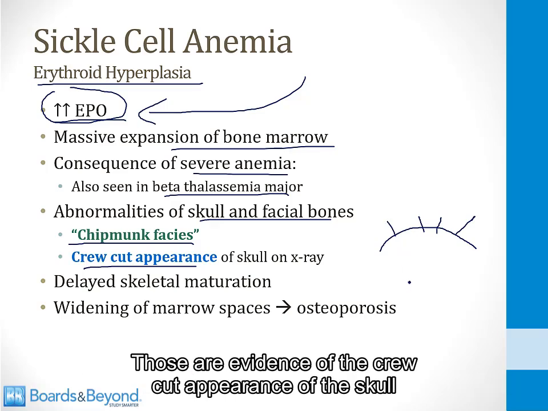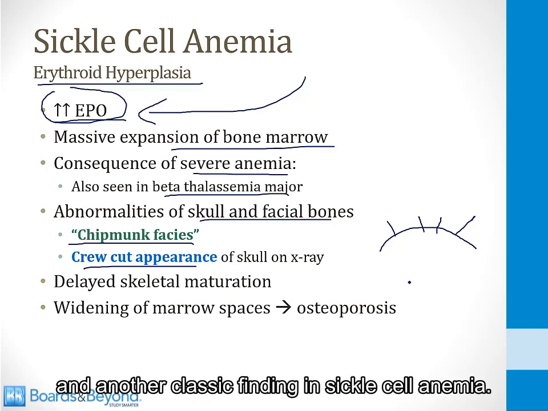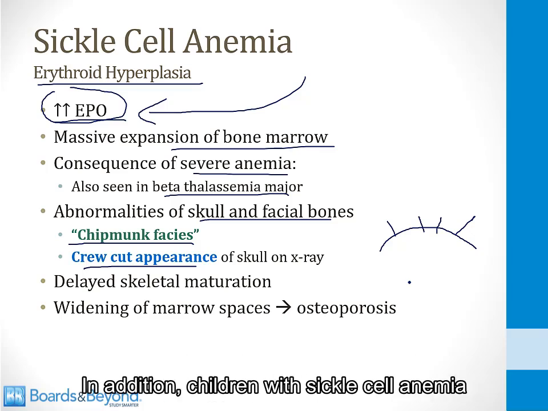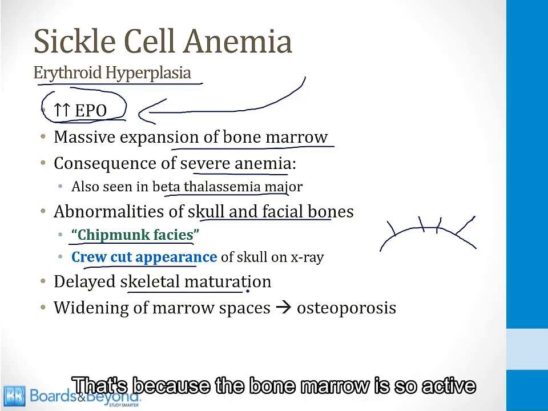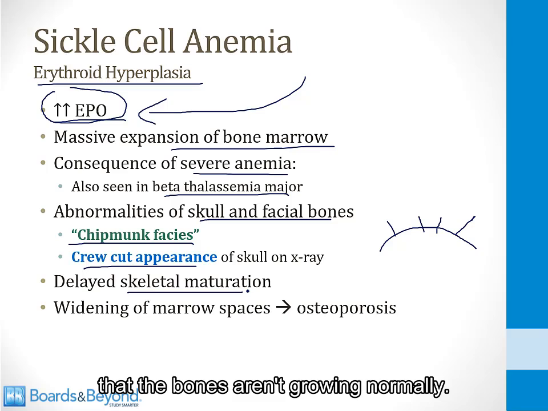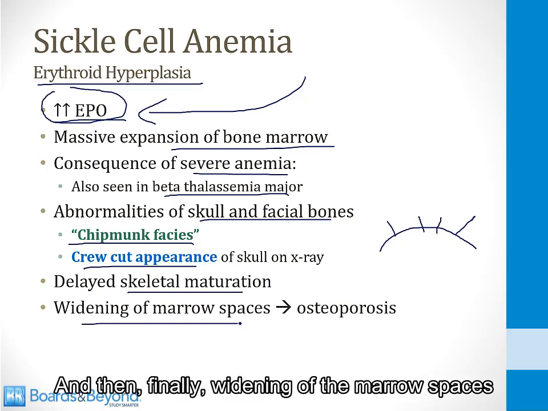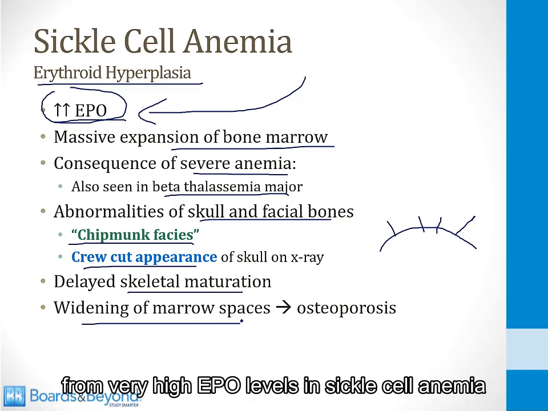Those are evidence of the crew-cut appearance of the skull, and another classic finding in sickle cell anemia. In addition, children with sickle cell anemia can have delayed skeletal maturation. That's because the bone marrow is so active that the bones aren't growing normally. And then finally, widening of the marrow spaces from very high EPO levels in sickle cell anemia can lead to